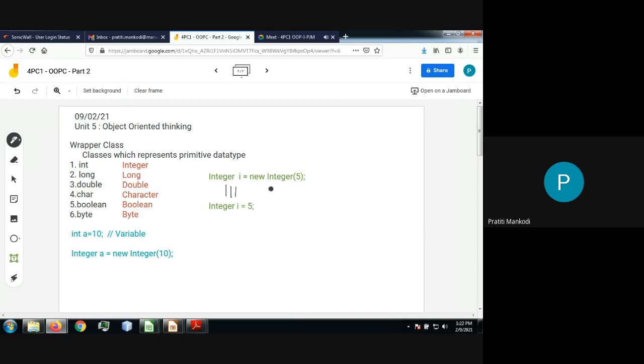Now what we have done here, we have created a simple object of type Integer and we have assigned that object as 5. So ultimately your value 5 is not a variable now, it is in the form of an object, and when it is an object it will have all the properties of object oriented programming.